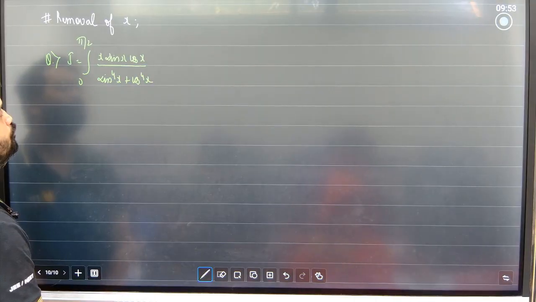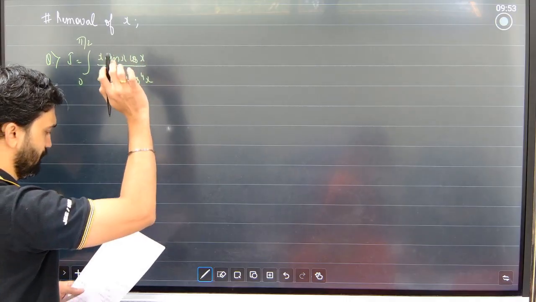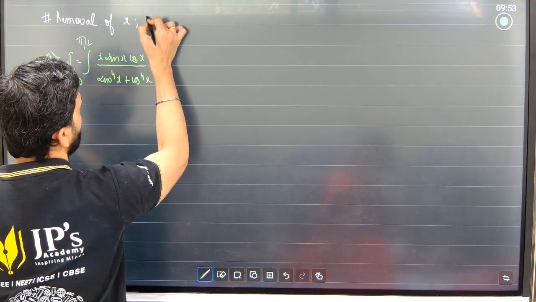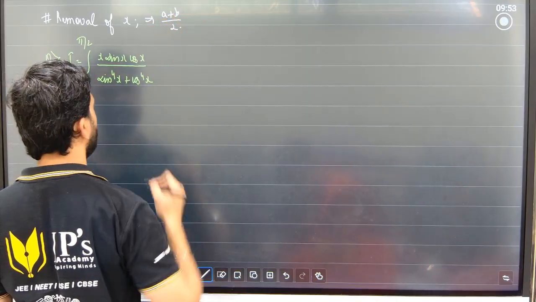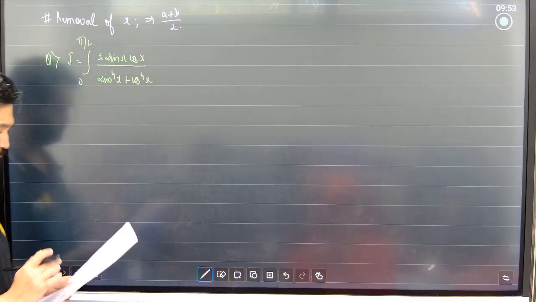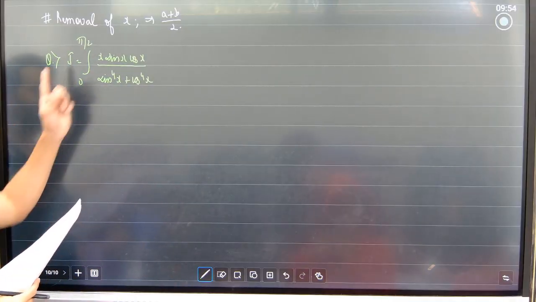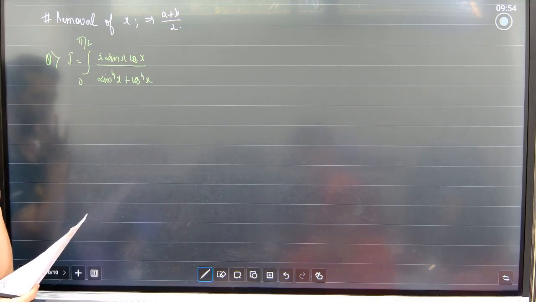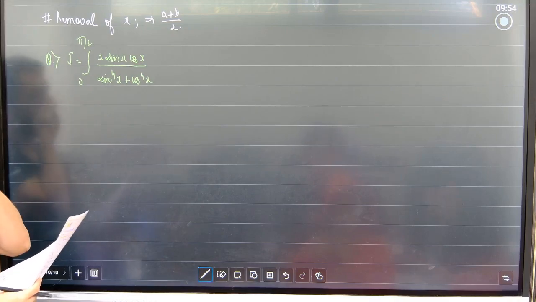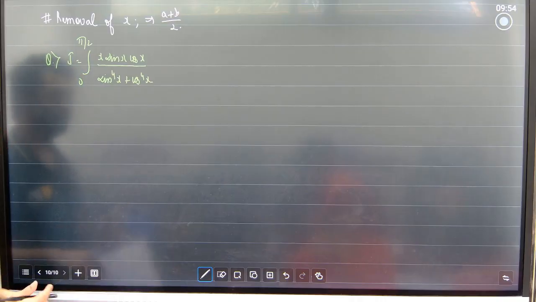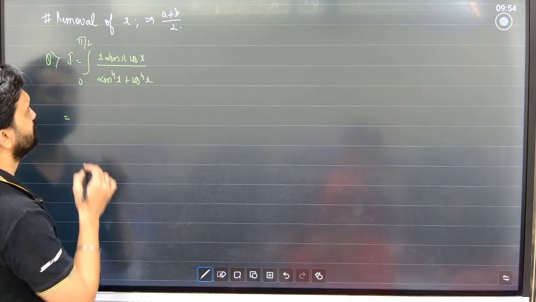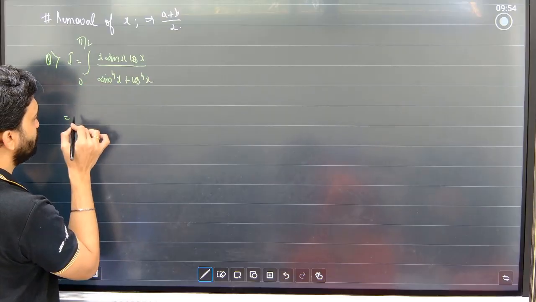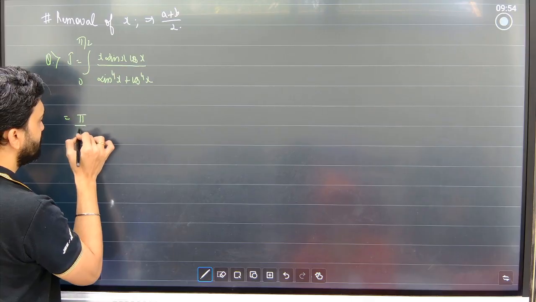Now what you do here is, whenever you have removable x, look, you always have to write it as a plus b by 2. You replace x with a plus b by 2. I repeat again. You replace x with a plus b by 2. Now if you see in this question, my x is pi by 2 plus 0 by 2, which becomes pi by 4,